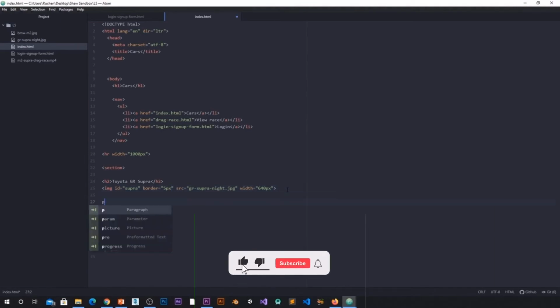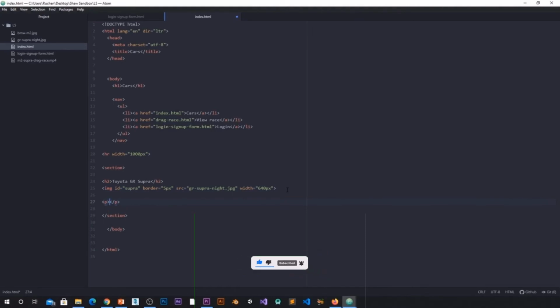Next, I'm going to add a paragraph tag, and this paragraph tag is just going to be the price of this particular item or this particular car. So price, and this one comes in at $51,945. I'm going to give this a class because later on I'm going to create the same thing for the BMW, and I want the classes to be edited accordingly. Remember, this is the difference between an ID and a class, and I will be demoing that in this lesson as well. So I'm going to just call this prices, save that, and now I can start with my table,